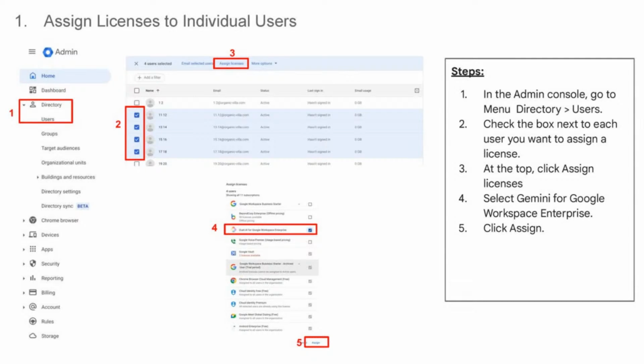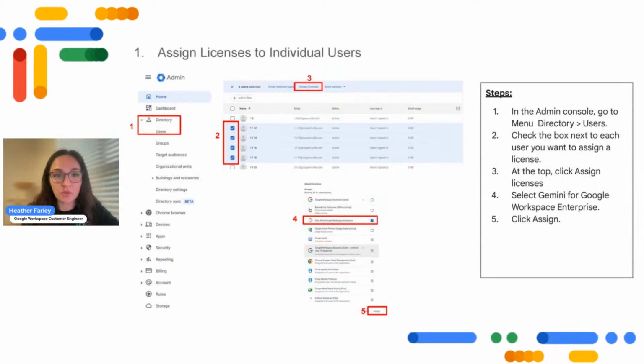Now, if you're just completing these labs to yourself, please go ahead and look up your name and assign yourself a Google Workspace for Gemini license. This might look a little bit different depending on your version of Google Workspace. So just generally know that we're looking to assign a license here if you haven't already. But if you have already assigned a Google Workspace for Gemini license to yourself, then you should be good to